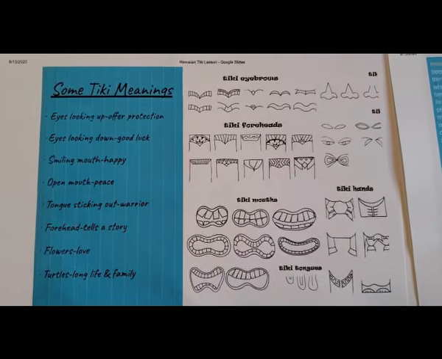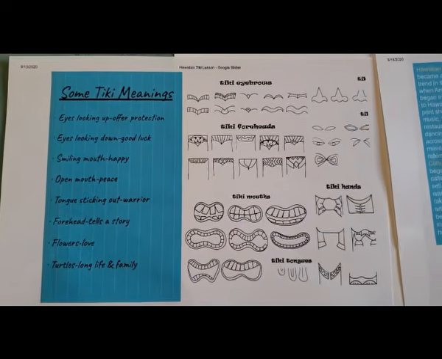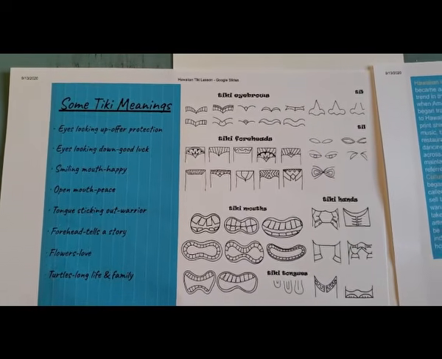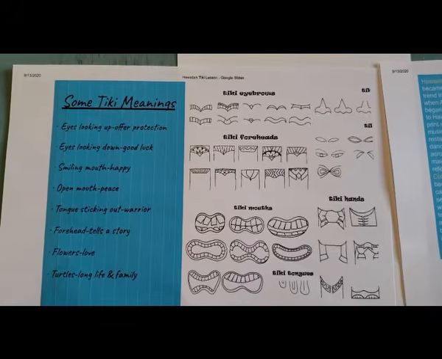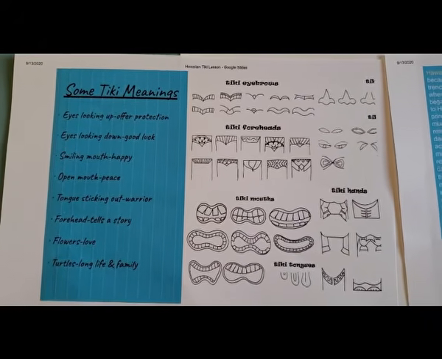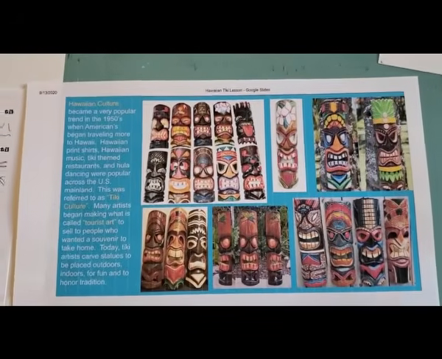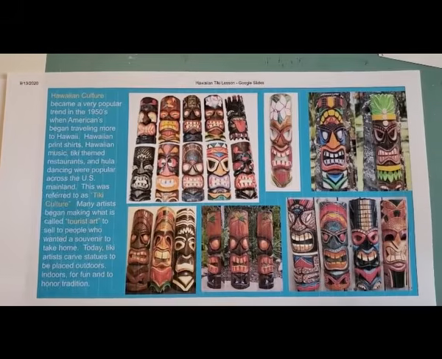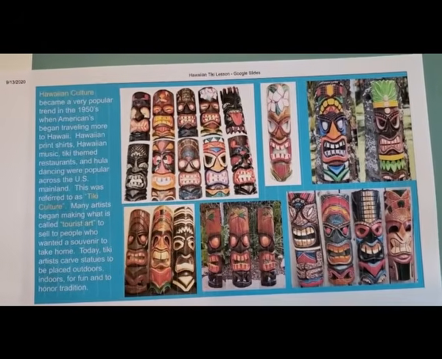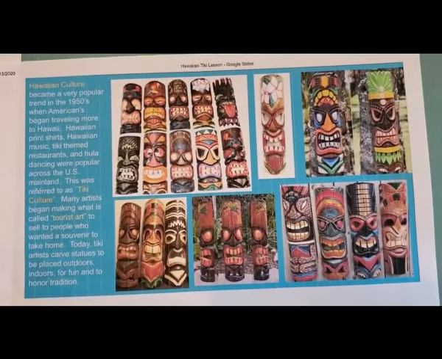So for those of you that are in my classroom, in my slide presentation on Hawaii and the Tikis, you watched some videos, and then there were some slides that showed you some Tiki meanings and some different parts of your Tiki that you can get some inspiration from. And then we have some samples, and we just printed these out so we had them next to us. If you had your Chromebook opened up next to you, you could just have these pages open and wouldn't even have to print them out. But this is our inspiration, okay?